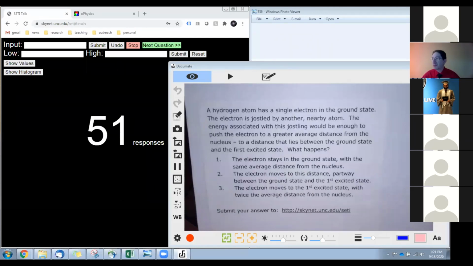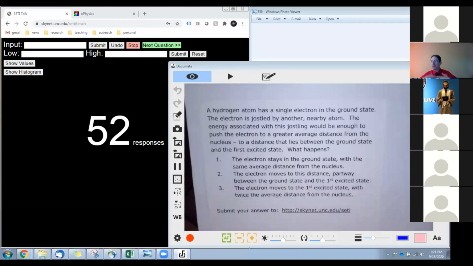Then first up, we have our warm-up question, just one today. Let me read through it. A hydrogen atom has a single electron in the ground state, so the low energy configuration. And that electron is jostled by another nearby atom, just bumps into it, or the other one bumps into it. The energy associated with this jostling would be enough to push the electron to a greater average distance from the